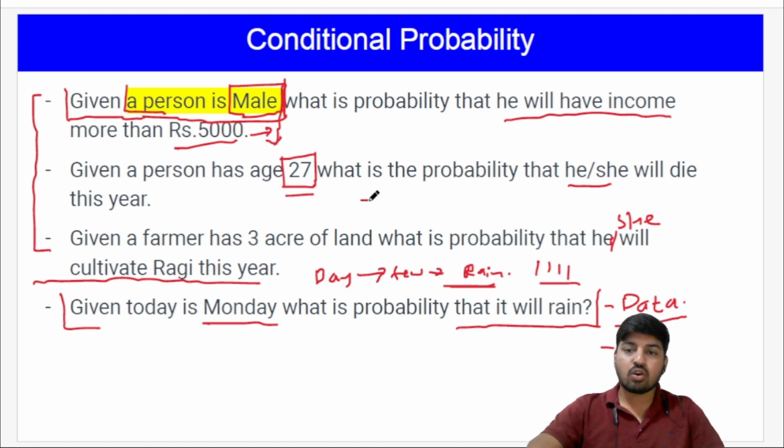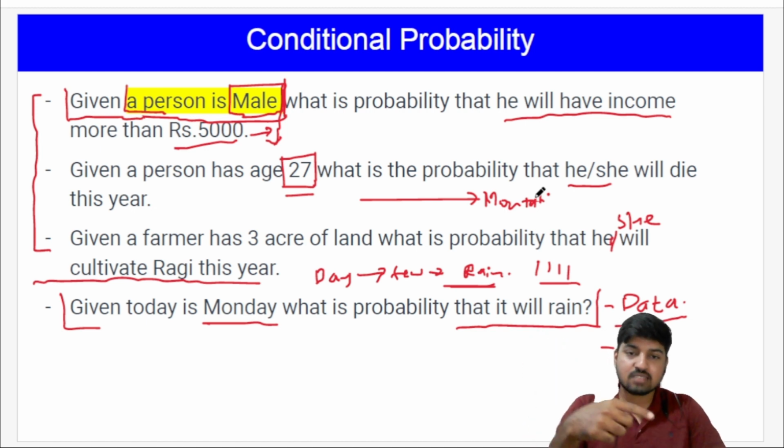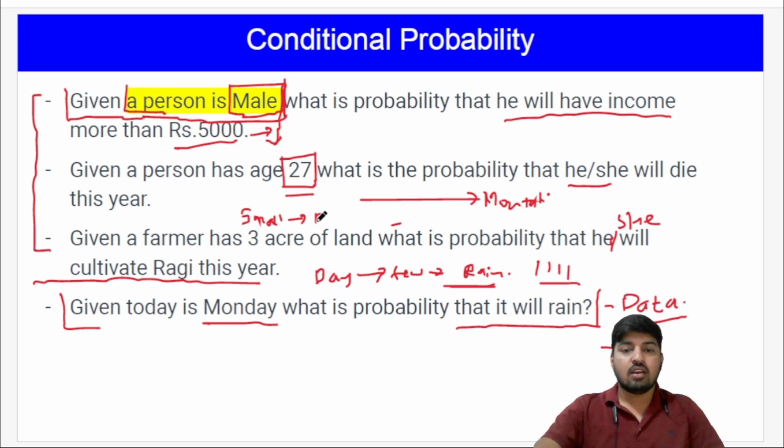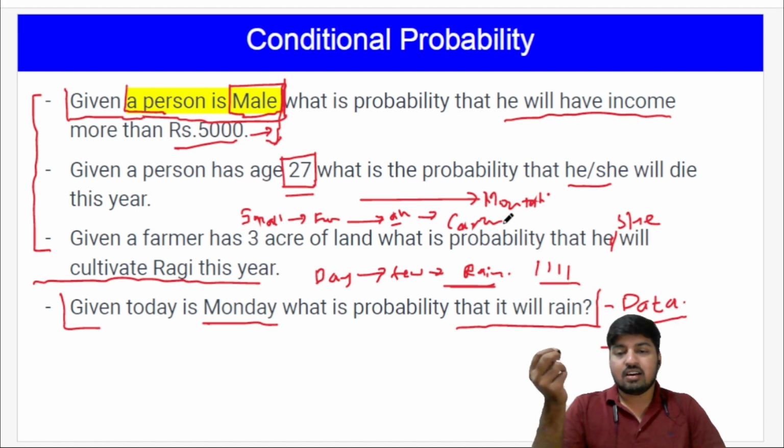Age and mortality are directly connected. So if age is more, mortality will be higher. If age is less, mortality will be less. That is the connection. We know that with small and marginal farmers, as the land grows and as the assets grow, they will tend towards cash crops. This is what we know intuitively, but there is no such dependence between Monday and